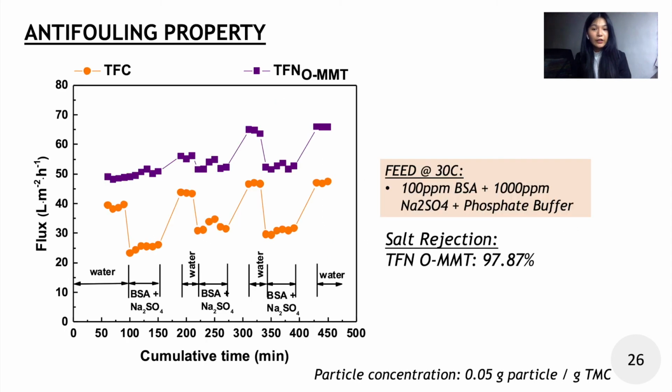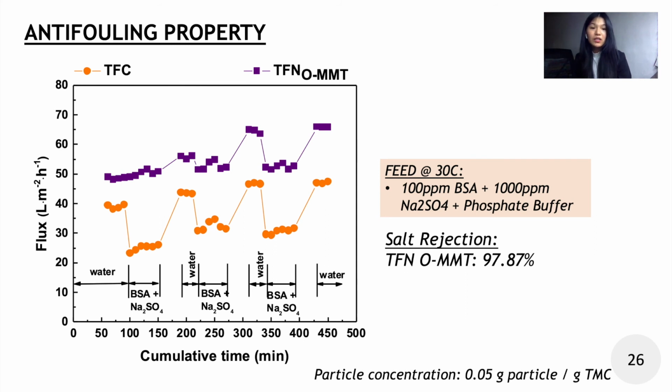For the anti-fouling property, the pristine membrane showed a typical behavior where the flux is lower when the feed is BSA rather than pure water. For the membrane with OMMT, BSA with phosphate buffer registered a higher ionic strength, making it easier for the feed to pass through the membrane. Since there is a higher flux for the BSA feed,